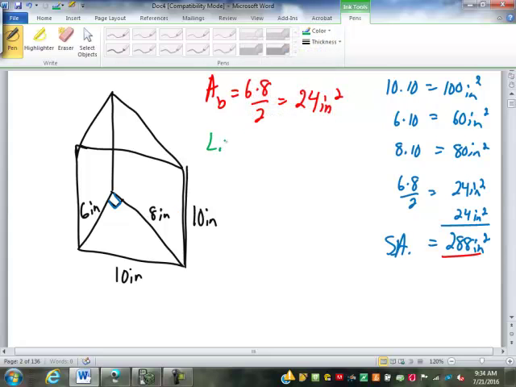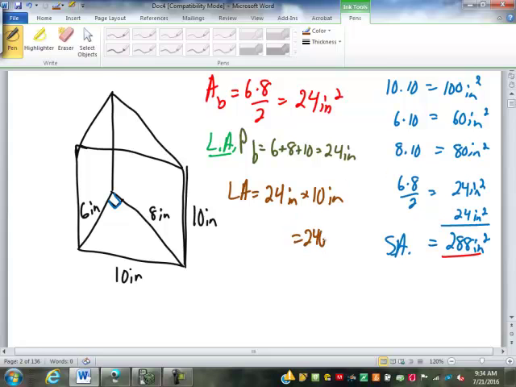For the lateral area, you need to find first the perimeter of the base, which is 6 plus 8 plus 10, which happens to be 24 inches. So the lateral area is that perimeter of the base, 24 inches, times a height of 10 inches, giving us 240 inches squared,